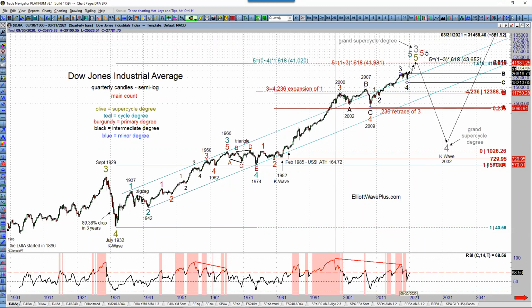So that's kind of the idea: once this grand supercycle wave 3 is done, there's going to be a significant pullback. And if it pulled back to just the wave 4, this last cycle degree wave 4, that would be the 1974 low. Since this is an extended fifth wave up from the 1974 low, one would therefore expect that it might only pull back to the extreme of wave 2 within the extended fifth wave, but that's still down at 730 on the Dow. So a protracted and significant